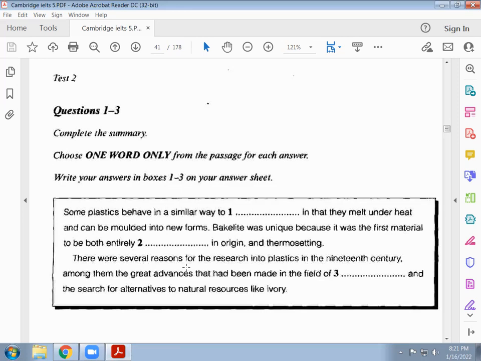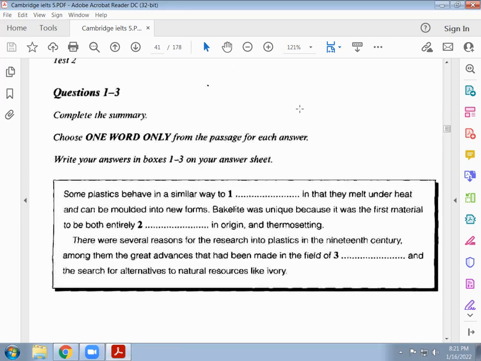So when you cannot find it from the beginning, you can search somewhere in the middle or at the end, but it is sure that you will be scanning here. So you read the outline, and highlight the question keywords and circle. What I usually do is underline some words and circle some words. So I'm underlining words like 'some plastics behave in a similar way to', and I circle some words: 'melt under heat', 'molded into new forms', 'bakelite was unique', 'both entirely',